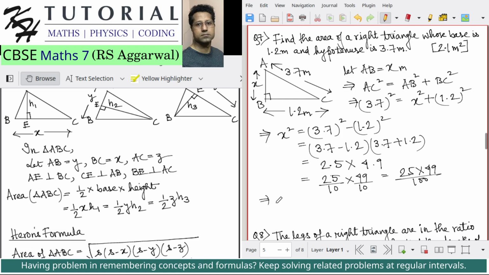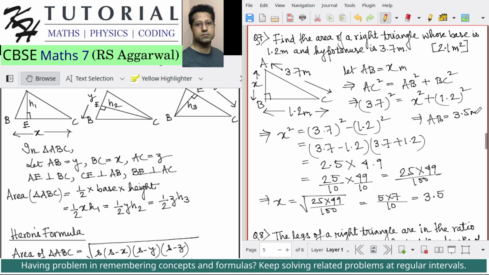So this implies x will be equal to square root of 25 multiplied by 49 divided by 100, which is equal to 5 multiplied by 7 divided by 10. This is equal to 3.5. So x is 3.5. Okay, so we have to find the area of a right angle triangle. So x is 3.5. So this implies that AB is equal to